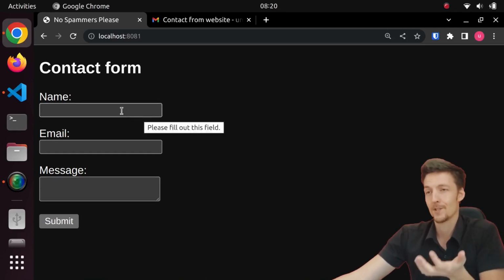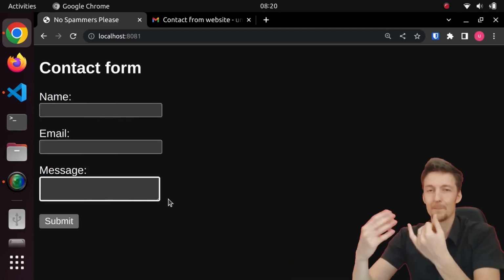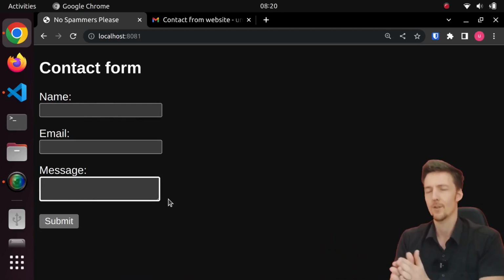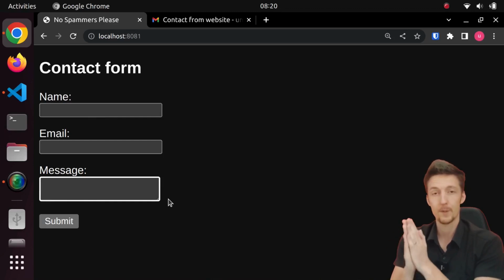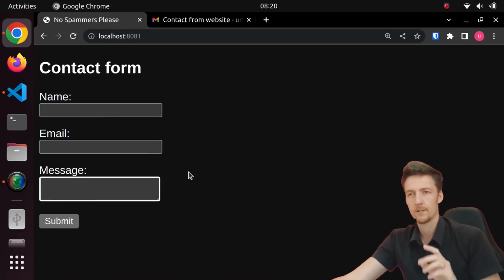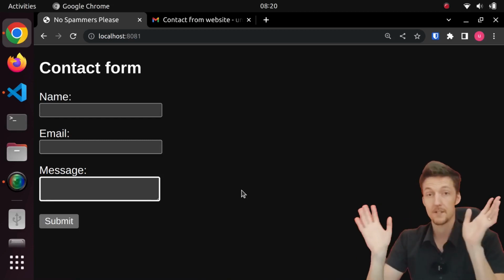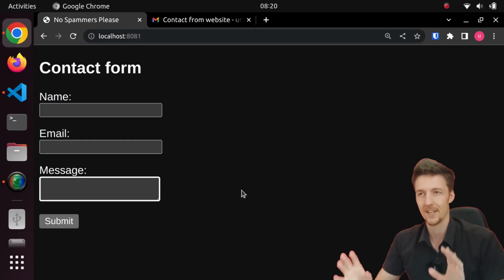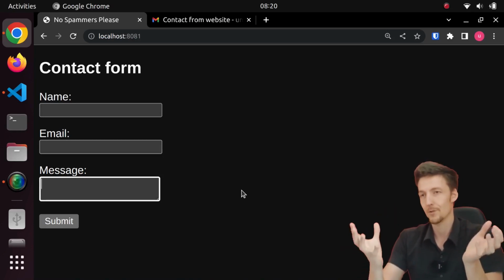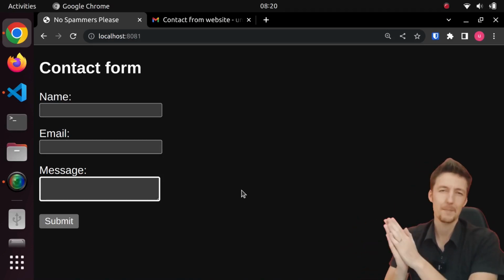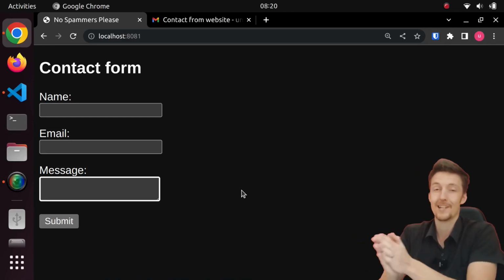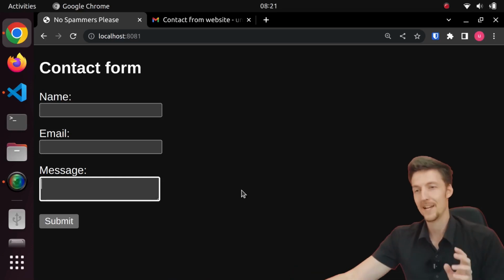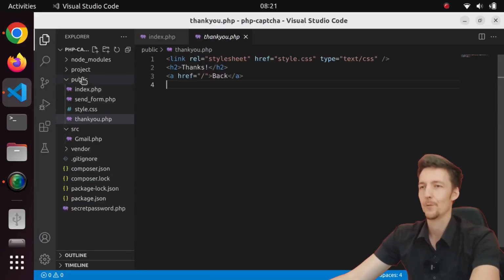Now, nothing really stops someone from just filling out this form and submitting it, but most of the spam that comes from these forms is automated. So we have to think of some way to stop the automation. Now, as I mentioned, there is Google reCAPTCHA that does some magic and it sends some data to Google and does all kinds of things and then doesn't allow robots to easily send your form. But that's a bit complicated to set up, and of course you're sending some data to Google, which is not the best idea. So one easy way to do this, and it's super easy, is that we will create a